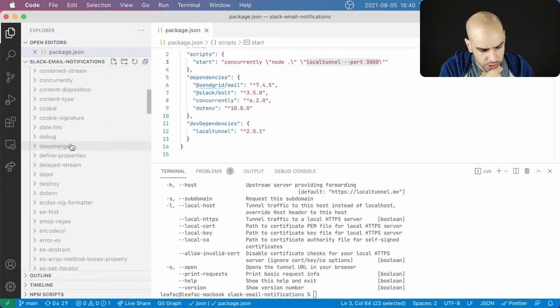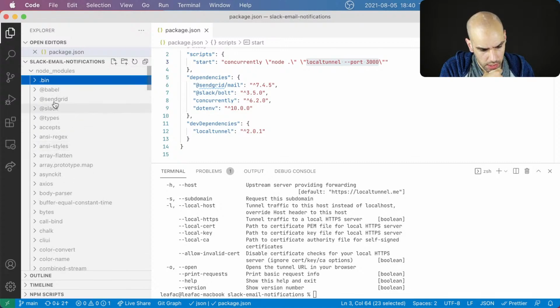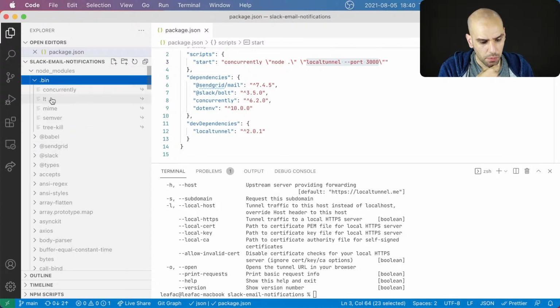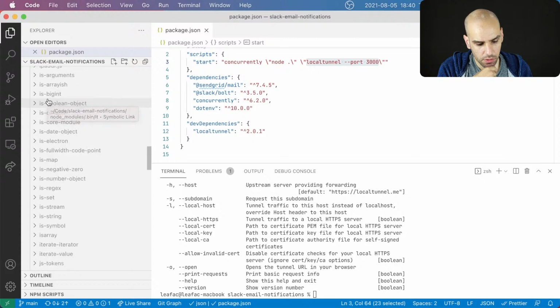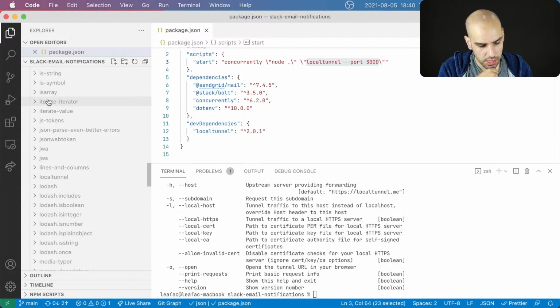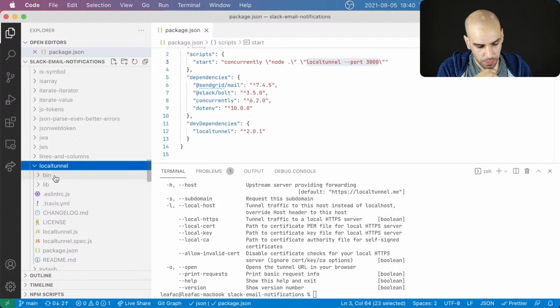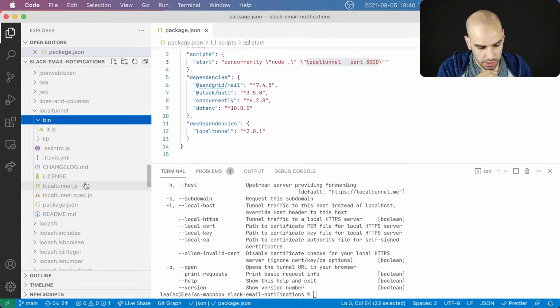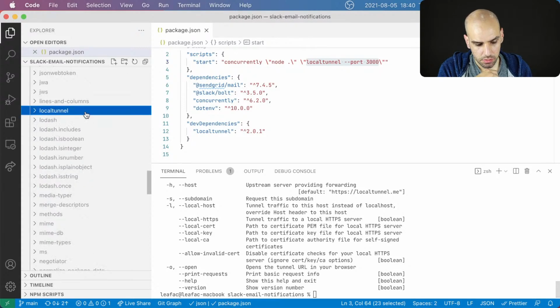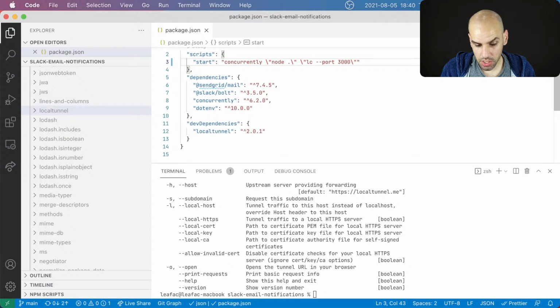Not even sure where to start. Well, is there something else? Maybe you can just use LT. Local tunnel has this other binary, LT. If you look at the local tunnel documentation, you're going to see that, and I read the documentation after the last stream, there are local tunnel and LT, but what is going on? Why is npx even working? I have no idea, but I guess if I change this to LT, then it will work.